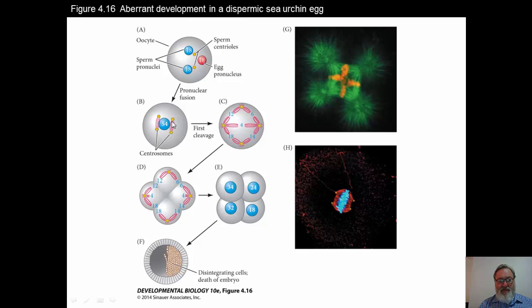Here you see, if you have a double set of centrioles, you will get a double set of apparati that are going to start pulling in a contractile way, pulling the chromosomes to the opposite poles, but you end up now in the first division with 4 cells, and there isn't necessarily an equal number of chromosomes in each of those cells, and so you end up with an embryo maybe dividing for a few cells, but then it's going